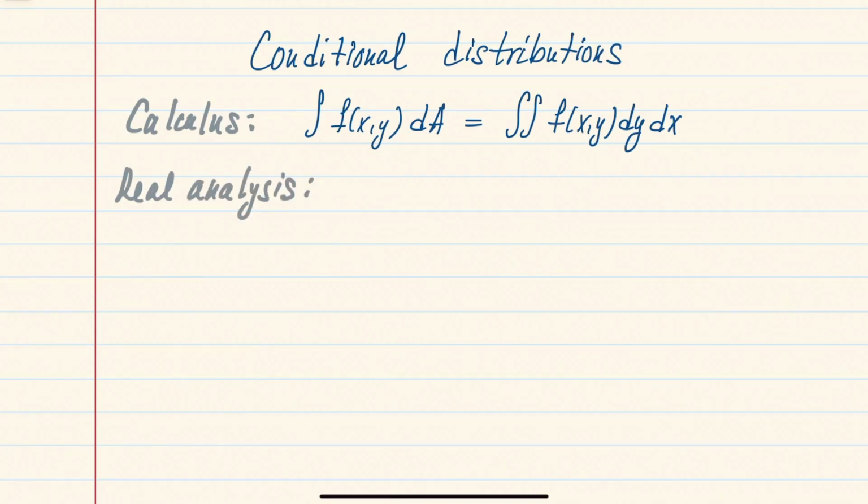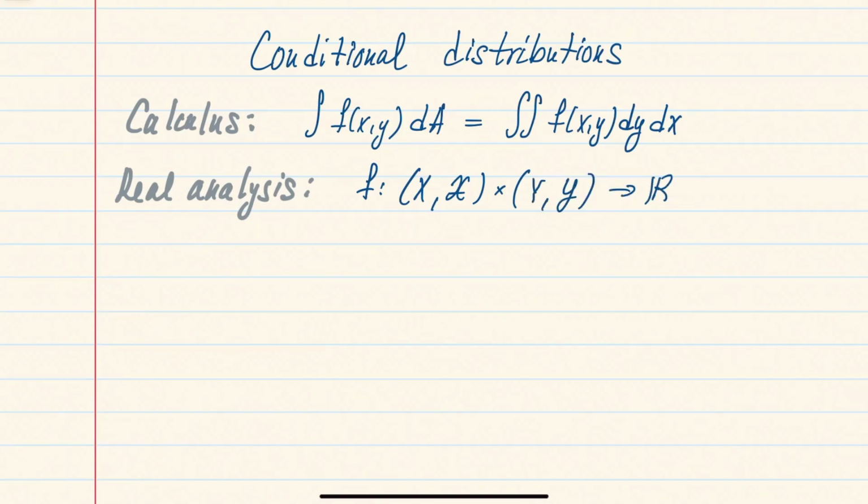there is, of course, a generalization of this to product spaces with product measures. So in particular, if we consider a measurable function f on a product of some measurable space X with the sigma algebra 𝒳, and another measurable space Y with the sigma algebra 𝒴, then given some measures p and q on these two spaces, we can define a product measure, p times q, and we can define integration with respect to this product measure, and we also have the Fubini theorem.